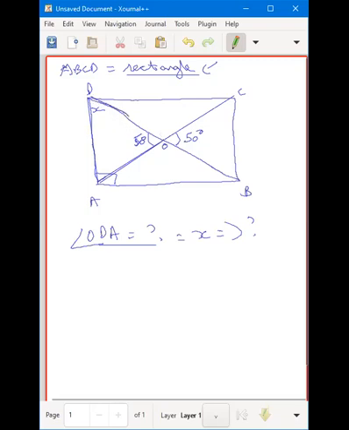Oh, yes. So we have this triangle over here. We have a triangle ADO because one of the angles in this triangle is known to us and we need to find the other one. Is there any relationship between OD and OA? Diagonals of a rectangle are equal and they bisect each other. So won't OD become equal to OA, right? Yes, sir. Now can you tell me what do we do?